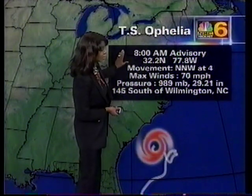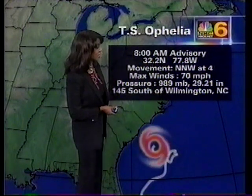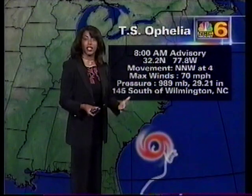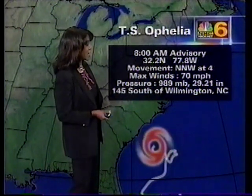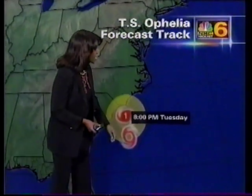All right, here's the latest on good old Ophelia. 8 a.m. advisory, 32.2 north, 77.8 west, movement northwest at 4. It's good that the thing started moving. Unfortunately, it is moving toward the Carolinas. It's about 145 miles south of Wilmington at this hour. Here's a track of the system, and you can see...